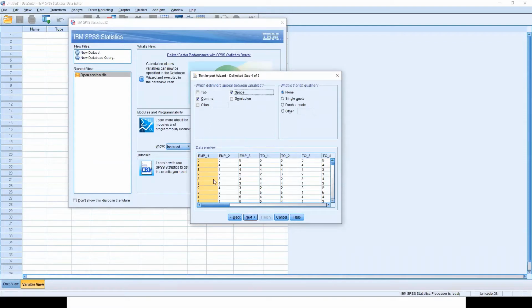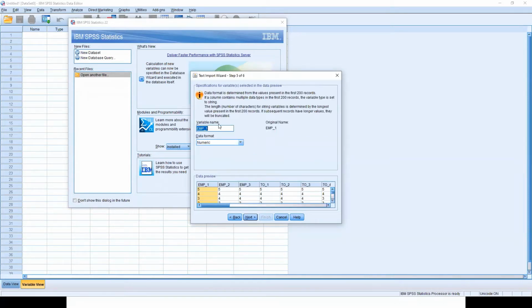And you will start seeing that data now, data preview is coming, the EMP 1, 2, 3, and so on. Okay. Say next. Variable name. Data format is determined from values present.